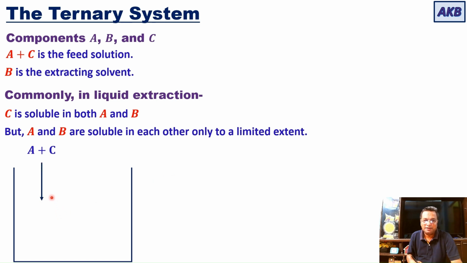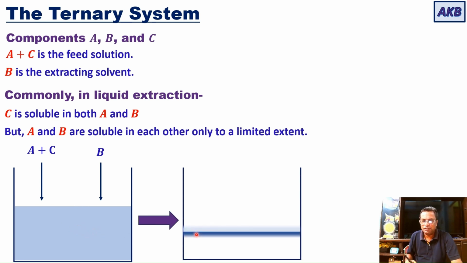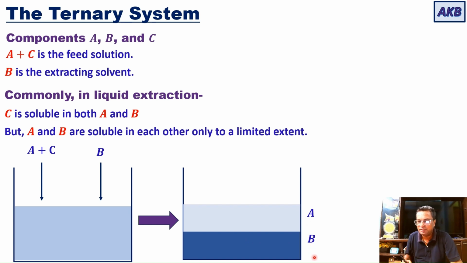So you can understand, the feed solution is mixed with the solvent, and the mixture is thoroughly mixed and it is allowed to settle. After a sufficiently long time, it will settle into two layers. One layer will be the A layer and the other one will be the B layer. And then C will be moving from A layer to B layer,